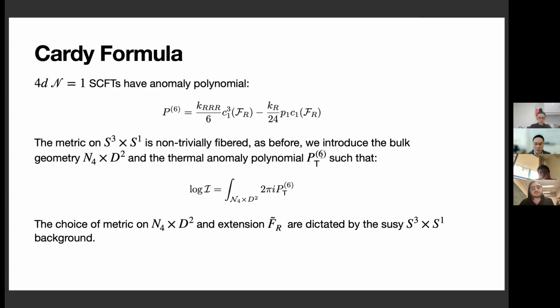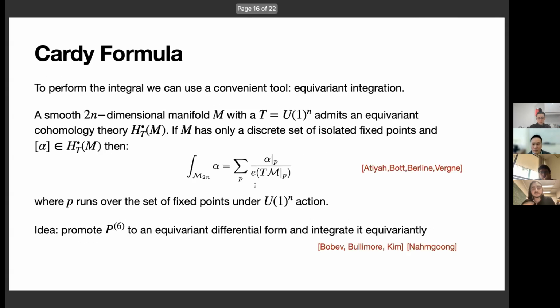And then the proposal that we make in our paper is that we can obtain the Cardy limit on the second sheet by integrating again the thermal anomaly polynomial on this kind of spacetime. And again, here the problem is even more constrained because the choice of metric and the choice of extension are dictated by the supersymmetric background that the theory has to be placed on when we want to study the superconformal field theory. So one could go about and try to perform this integral in a similar way as I told you before. But it turns out that